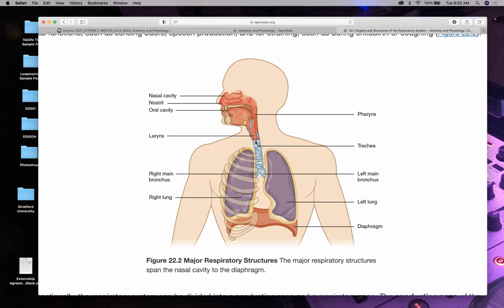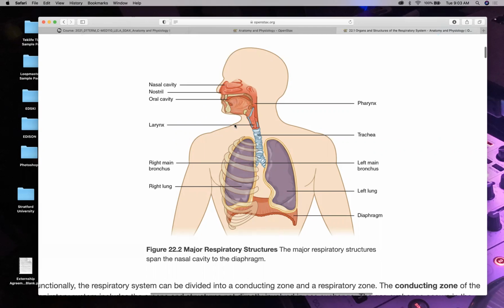You have the upper respiratory tract that starts from the trachea and everything on up. So your nose, your nasal cavity, nostrils, of course, also known as your nares, N-A-R-E-S, opening here. And of course, your oral cavity, because you also breathe through your mouth as well. And your throat, which is your pharynx, and your larynx, which is your voice box right here. Those are all upper respiratory tract